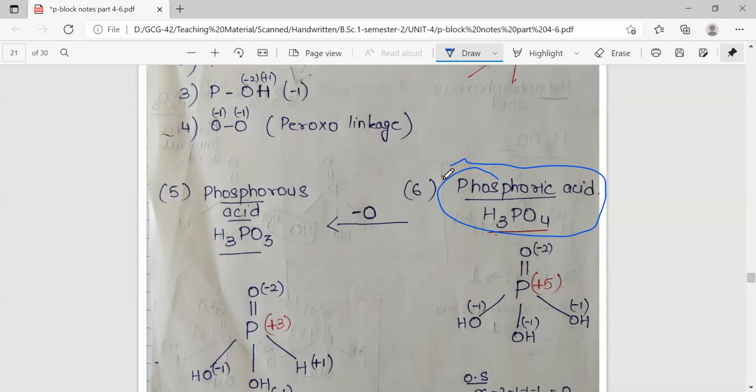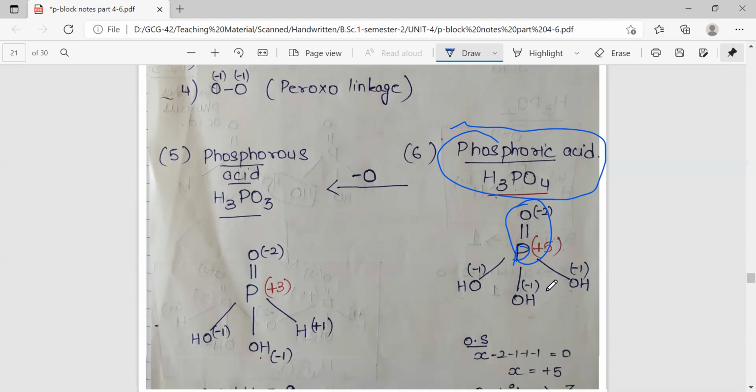So firstly, what you will do is draw this group, P double bond O. So this P double bond O is mandatory. For the rest of the structure, we have 3 oxygens and 3 hydrogens left that are going to be present in the form of 3 OH groups. So one is mandatory, that is P double bond O, and the rest of the bonds are preferably OH, and then if a lesser number of oxygens are there, we will bind the hydrogen directly.